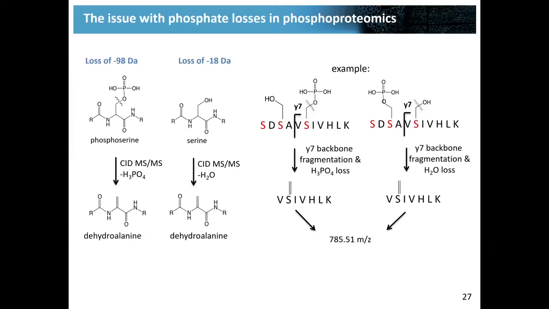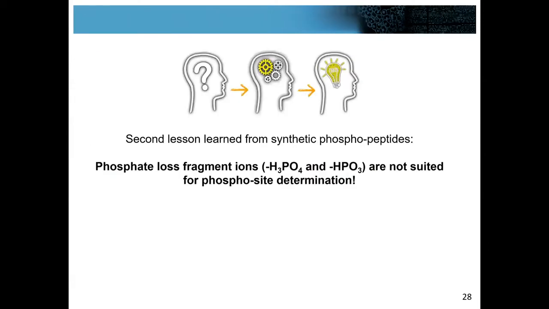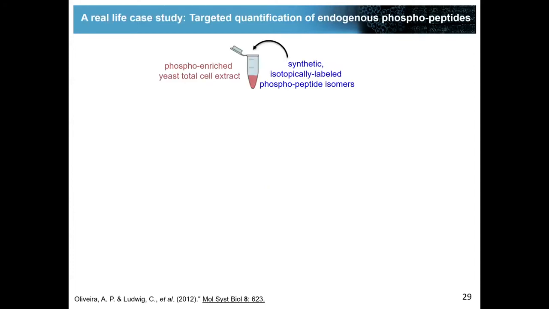So the second lesson that I learned from these synthetic phosphopeptides is that phosphate loss fragment ions are not good proofs for site localization, because I saw with my synthetic phosphopeptides a lot of this water loss occurring also on my synthetic peptides. Okay, and just to wrap up this story and come to some real biology,